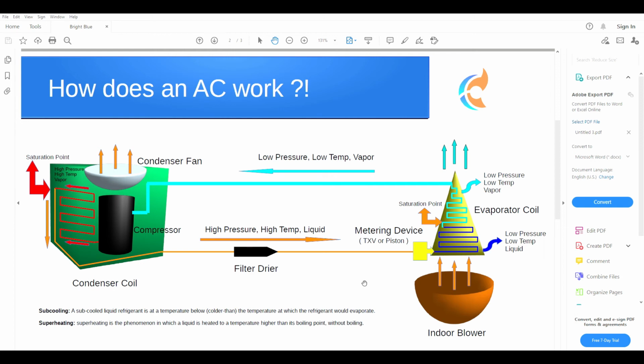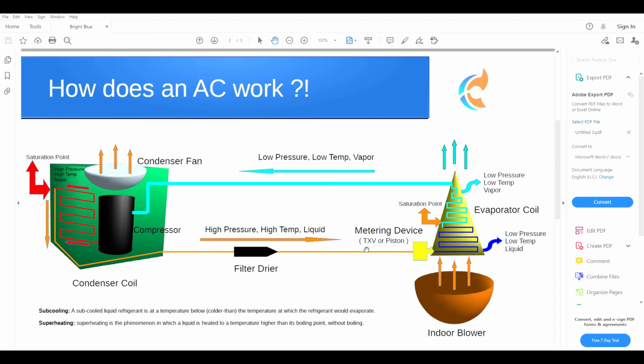Yeah, and so many different scenarios. Having a very low superheat simply means that your saturation point is very close toward the end of the coil, where the refrigerant is exiting the coil, and having literally zero superheat simply means that liquid refrigerant is going back to your compressor, which will lead to a burnout or cause damage to the compressor. So you don't want that. That can be caused by a bad TXV that got stuck open, so a lot of refrigerant is going into your system, or a bad TXV